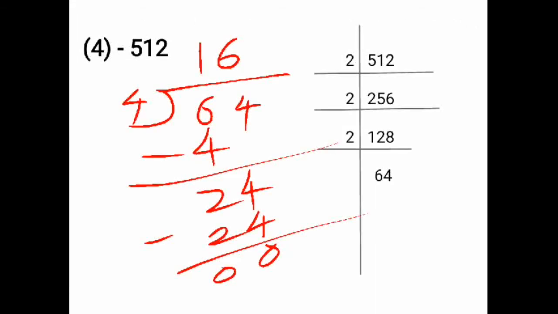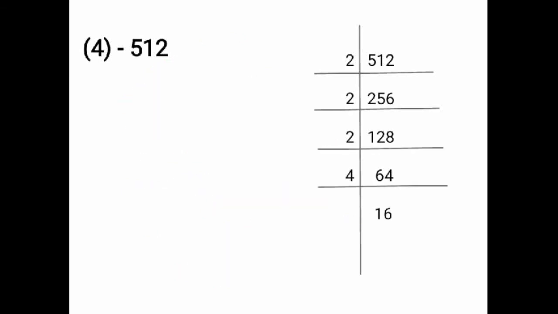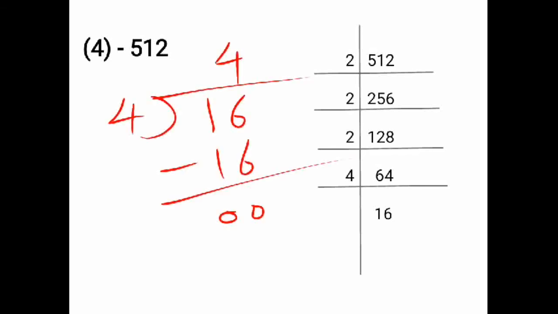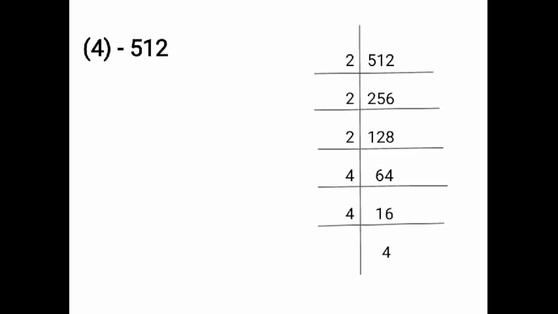I have already divided 64 by 4. Quotient I am getting 16. That means 4 into 16. Divide the number 16 by 4 again. That is 4 fours are 16. Quotient I am getting 4. Finally, you have to divide the same number by 4. That is 4 ones are 4. Now you have to write these numbers in multiplication form.